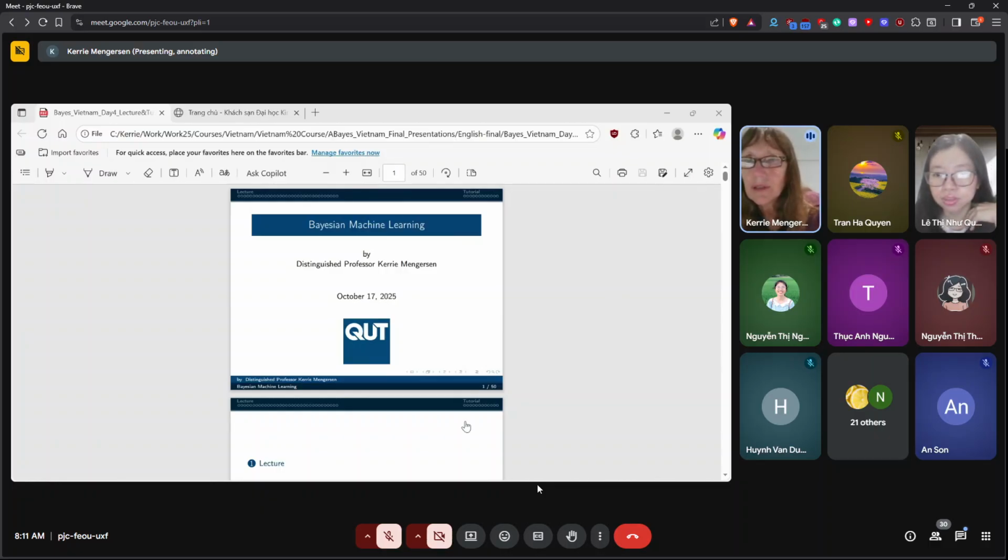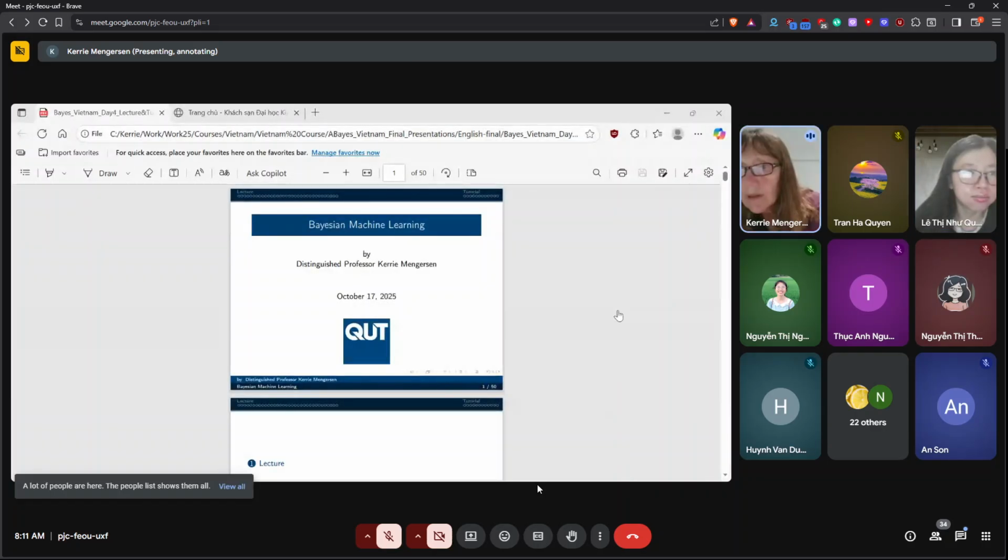I've got a little green dot. Hang on. Maybe it's stop annotating. Okay.